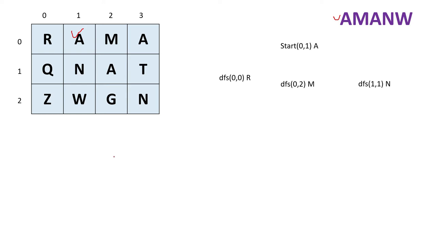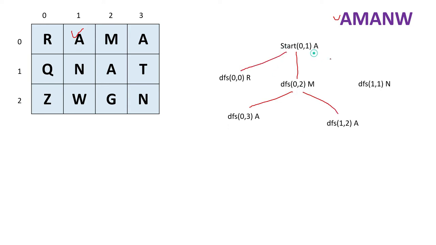Now we have these three directions we can go in, and from there we can continue. But first you have to check which one is matching. I am actually searching for M. So N is not matching, and R also is not matching. So on that path this will just return false or something, meaning we can't do a DFS anymore. Now from M, where can we go? I can go to this A or this A, right? So at 0, 3 we can go to this A, or we can do a DFS for 0, 1, 2, which is A. So two paths are there.